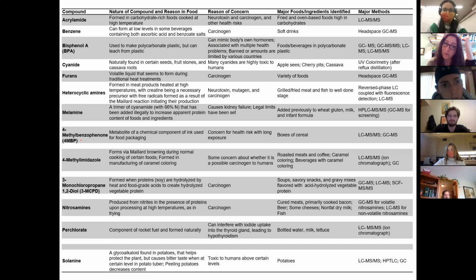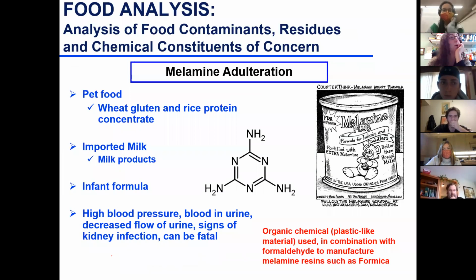I can tell you if there is a question in an exam, I might ask you why this compound is present in this food, or give me a food example where that compound can be present. What would be a method of analysis? And why is it of concern? So these could be a potential component of a question. All right, we'll talk about each one of them